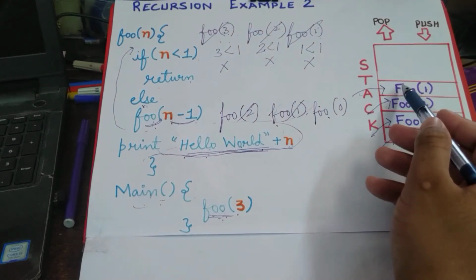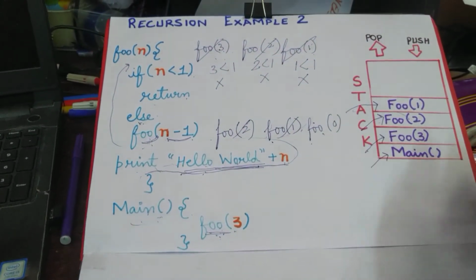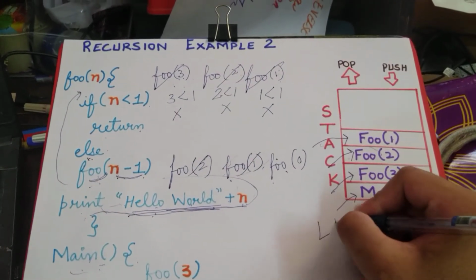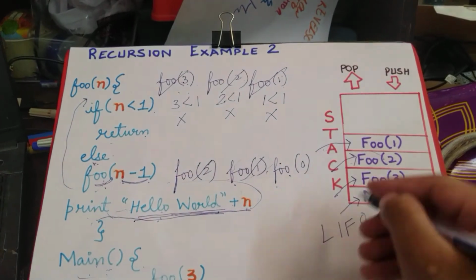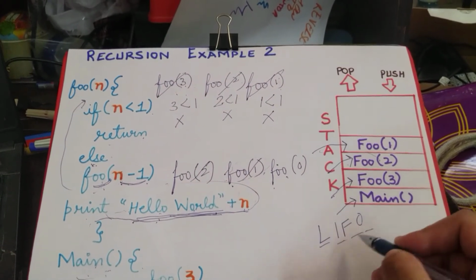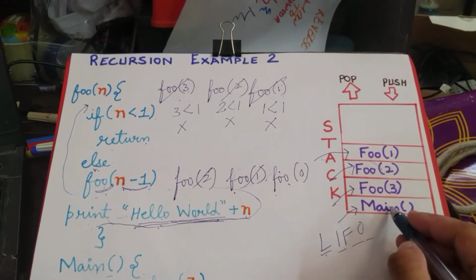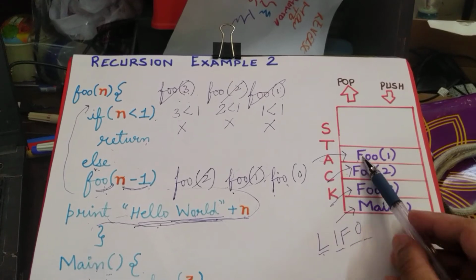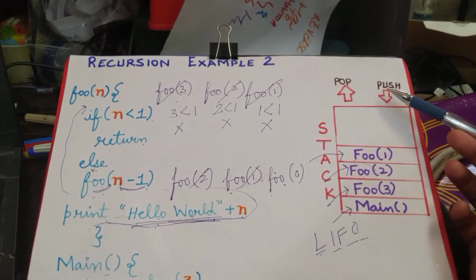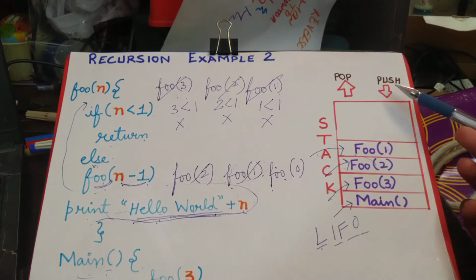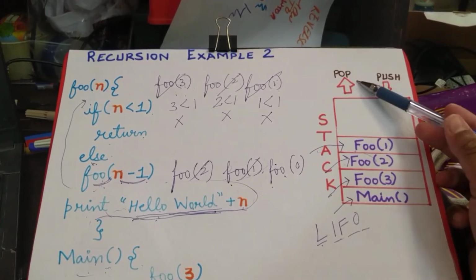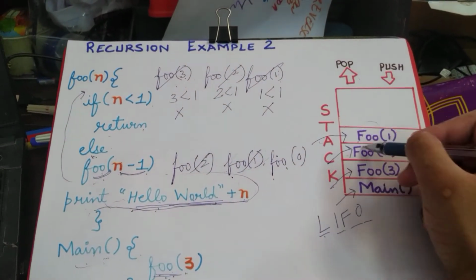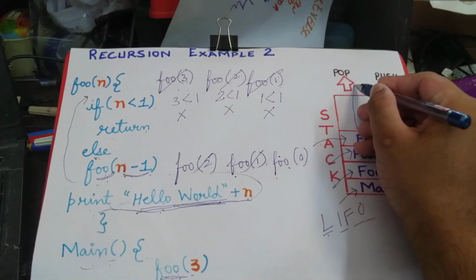Okay, as soon as foo1 goes into the stack, now we will apply the stack method, the LIFO method. Now how will it print the statement? That is last in, first out. जो सबसे पहले आया था वो सबसे बाद में जाएगा, यानी कि जो सबसे लास्ट में आया था वो सबसे पहले जाएगा. That means the elements that are entered into the stack are referred to as push. The elements which are released from the stack are referred to as pop. सबसे बाद में आया था foo1, तो सबसे पहले जाएगा foo1.